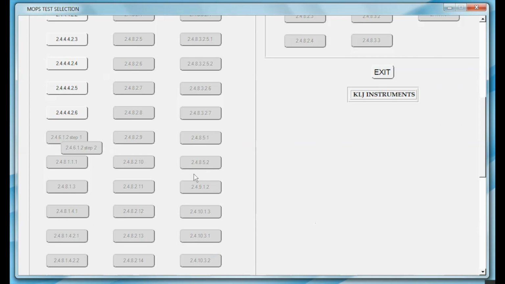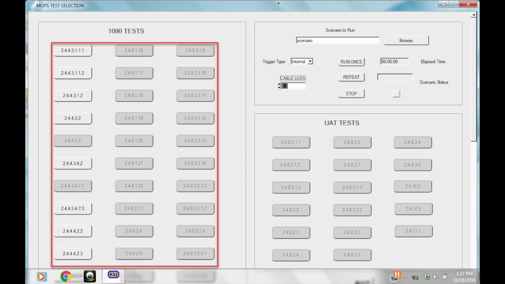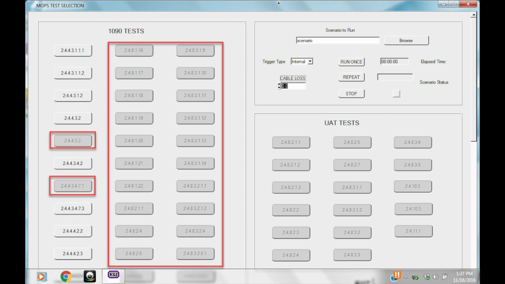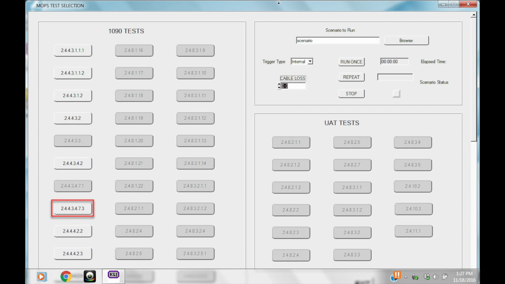From the Squitter 2M main menu, I will select MOPS Testing, which takes us to the MOPS Test Selection menu. This menu has buttons labeled with the DO-260B paragraph numbers. Note that some buttons are grayed out, indicating these tests have not been implemented in the Squitter 2M. At the present time, only those tests which would be difficult to implement with conventional test equipment have been incorporated into the Squitter 2M. I will select test